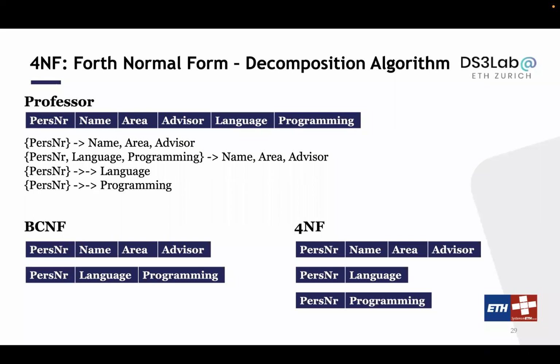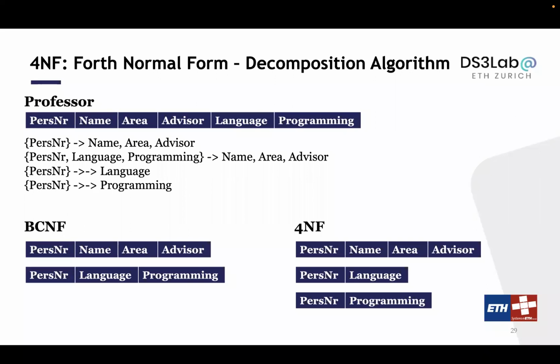Now let's look at this example. Now you have this multiple pieces of information put together. You have the professor table, which contains the personnel number, the name, the area, the advisor, for example, right? And then you have the language the professor speaks and the programming language the professor can use. Okay? Assuming you have this relation. And assuming we have